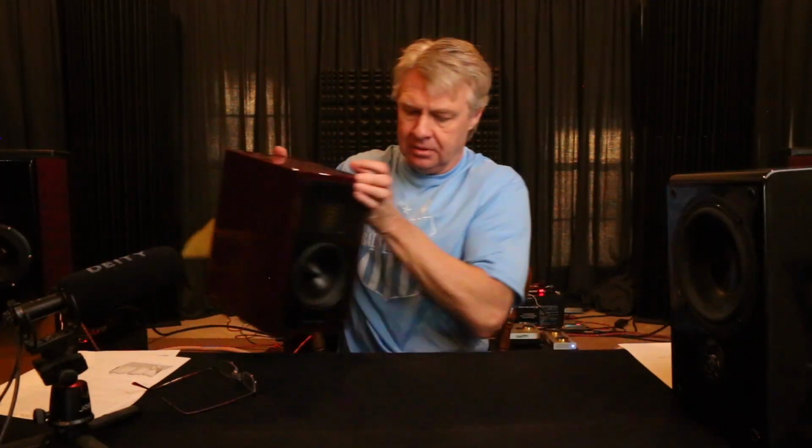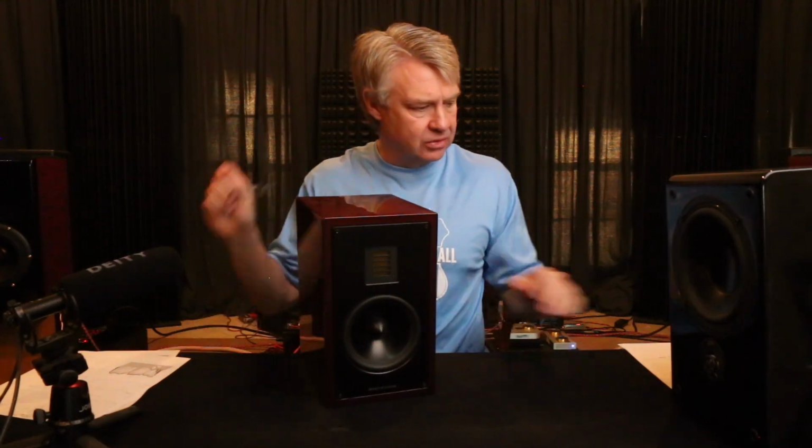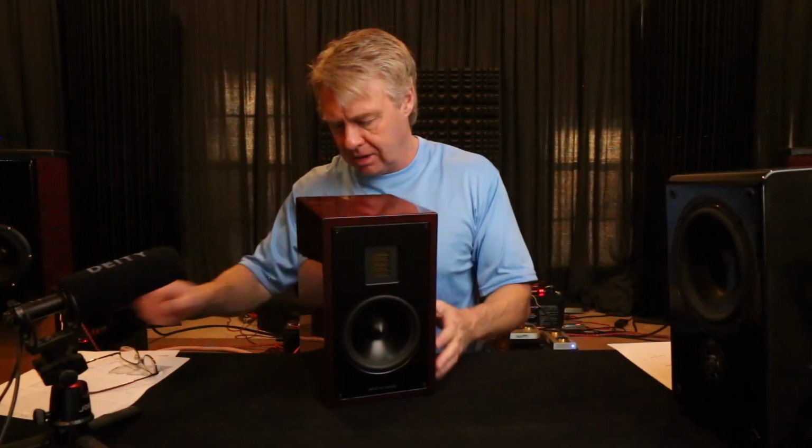This one, and this NHT model over here, this I didn't mention it before. That was the SB3 model. So if you want to look that one up online, SB3 model. This one is a little Martin Logan speaker. Let me get this out from in front of the microphone. I hope that didn't sound wacky. Little Martin Logan. It's a